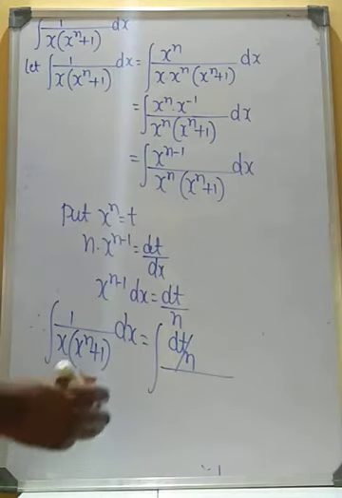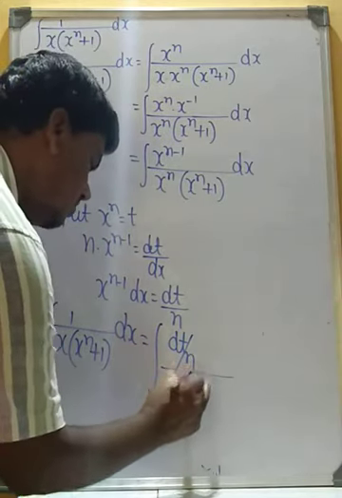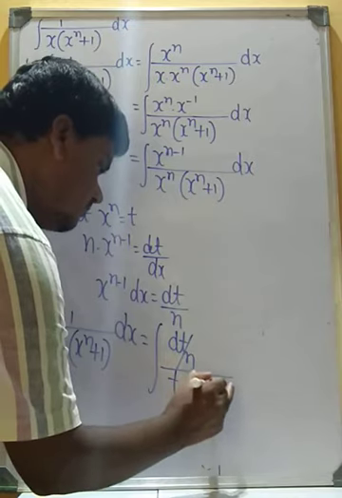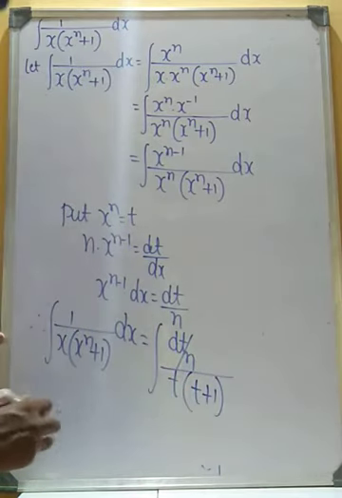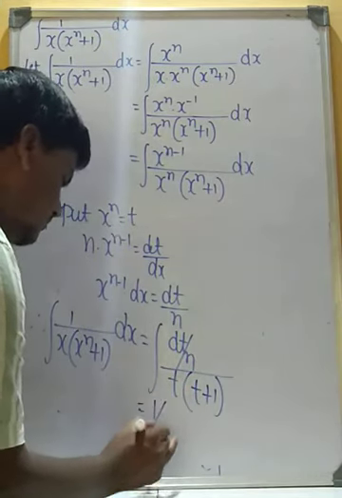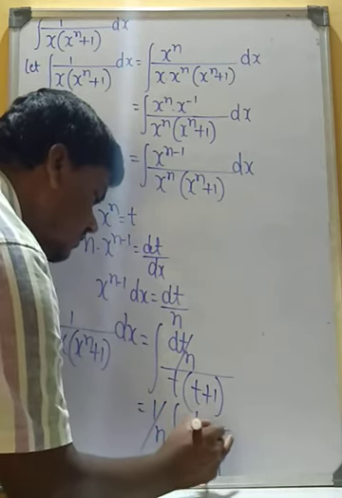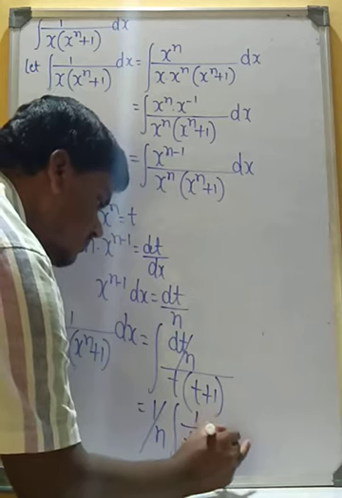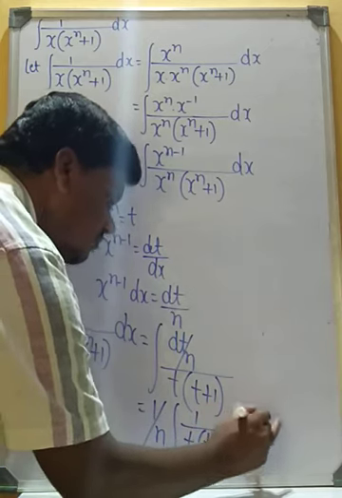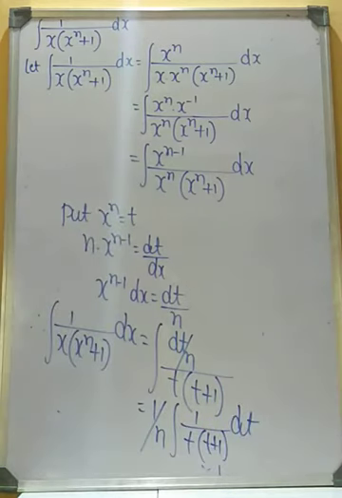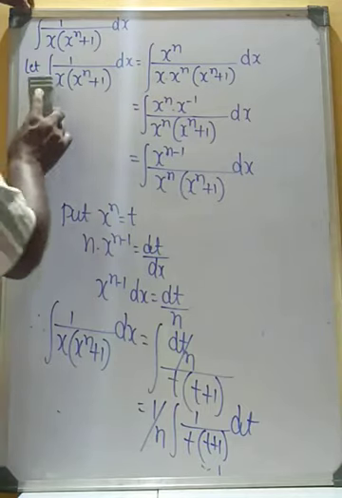What is x to the power of n? It is t, into t plus 1. That is equal to 1 divided by n integral of 1 divided by t into t plus 1 into dt. Now by using partial fractions,